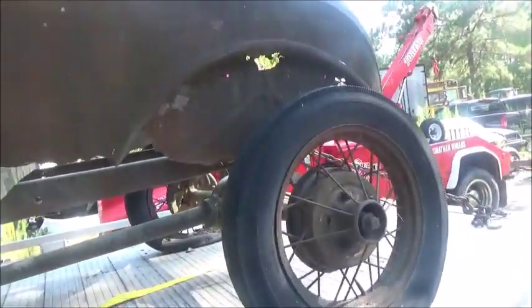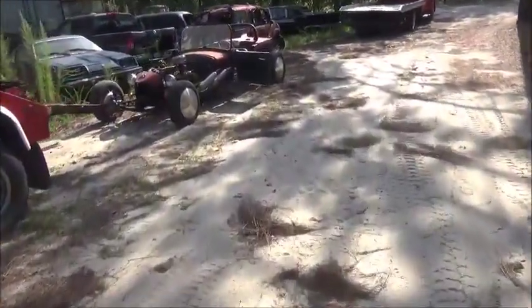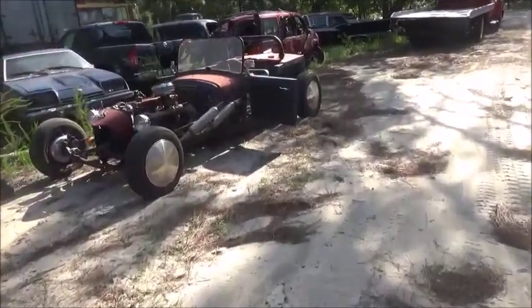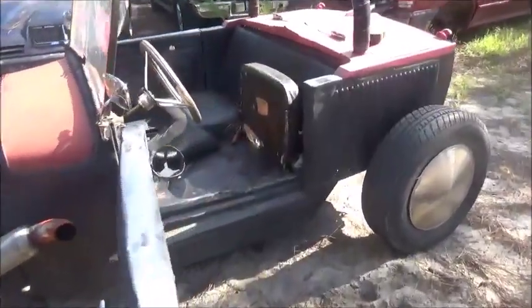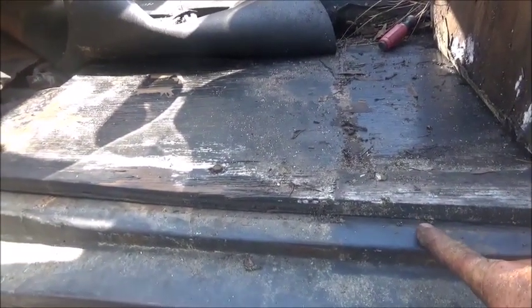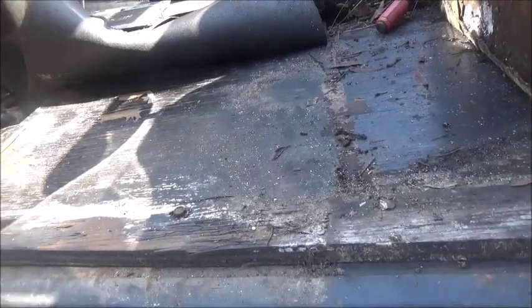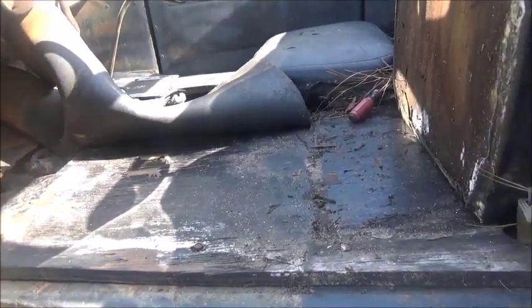I can do the same thing, but I think I can get rid of an inch or two, probably an inch and a half, I'm going to say. I can lower that floor over what they have it and still have room. Doing away with this, cutting this down a little bit. I don't think the frame runs that tall. No, see, the frame is lower, quite a bit lower, and